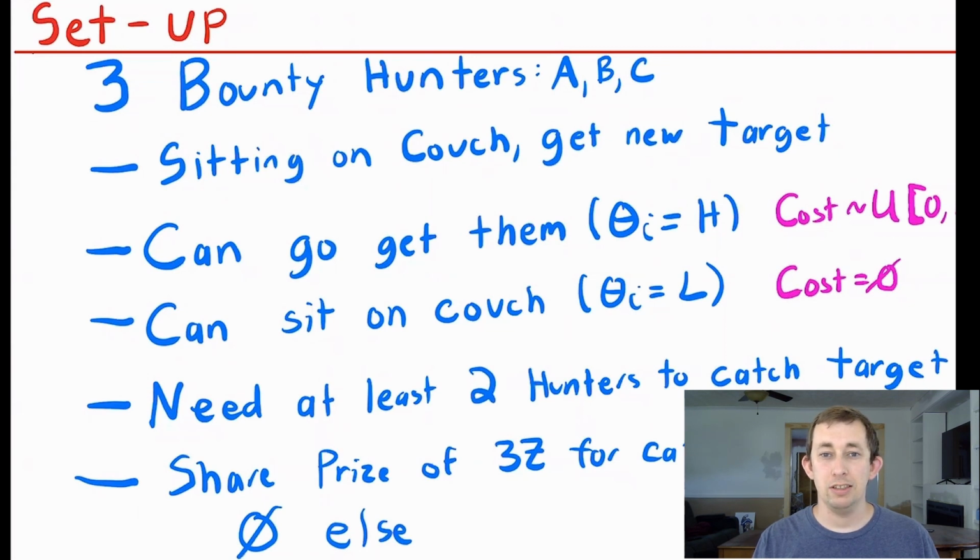Now you need at least 2 bounty hunters in order to catch this guy. If only one person chooses to get off the couch, you don't catch the target, and that person who got up has to pay the cost of getting up. If at least 2 people go, then everyone shares a prize of 3Z evenly. Everyone gets Z, regardless of whether or not they get off the couch or not,